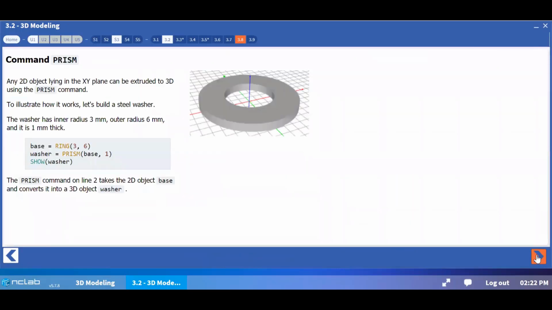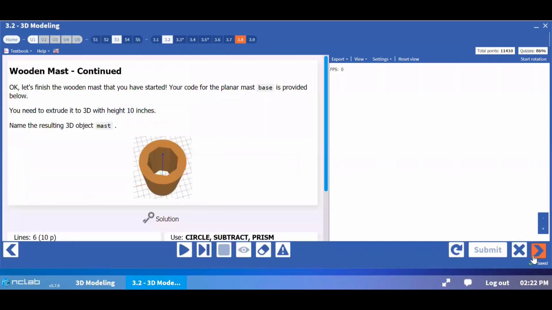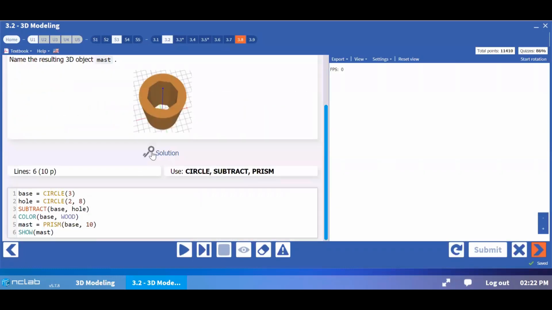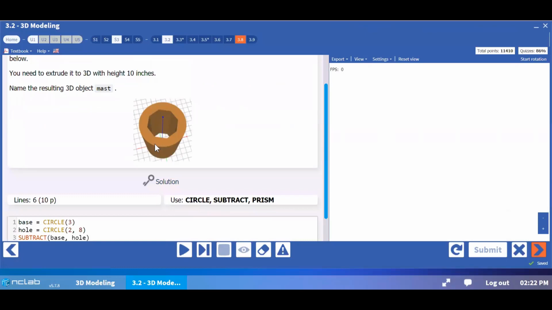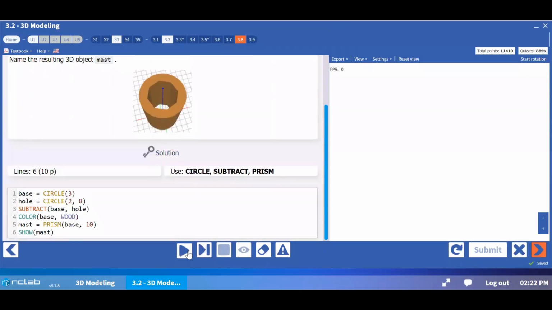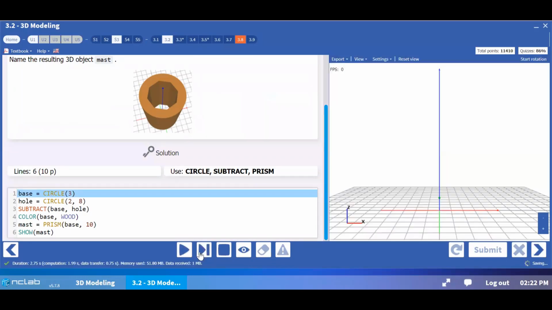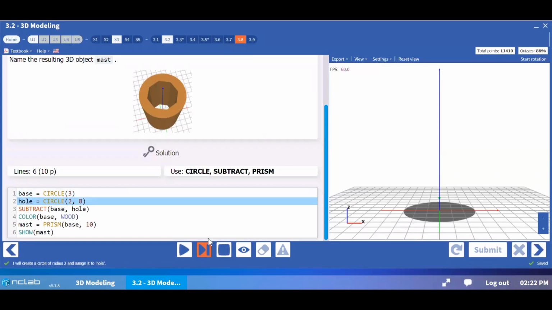All right, this is the washer that we talked about. And this is actually a little different. This is a wooden mast. And let's just step through it again. So that's created a plane to work on. And now we actually have created, oh,